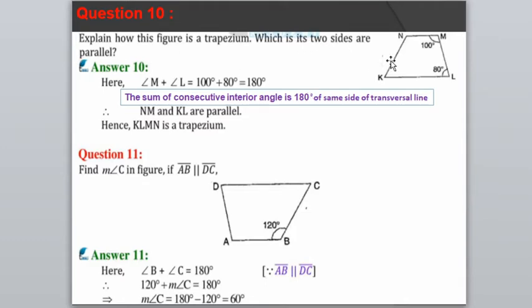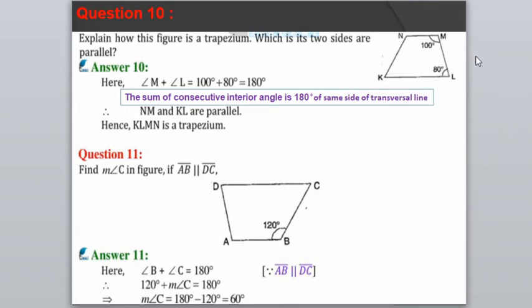One figure is given here. We have to tell whether this figure is a trapezium or not, that is, we have to explain it. If it is a trapezium, then we have to find which two sides are parallel. In this figure we can say it is a quadrilateral, because we don't know yet whether it is a trapezium or not. So in this quadrilateral,